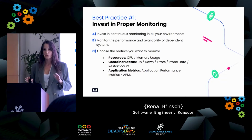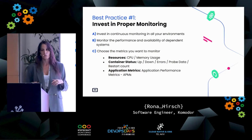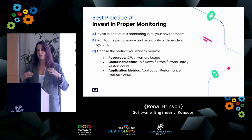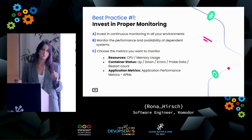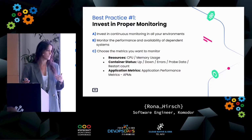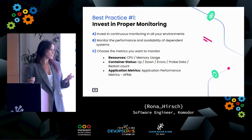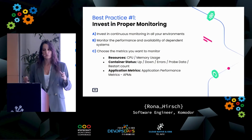Next, what's really important is to choose the right metrics for you. And what does that mean? What do I mean by right metrics? It means don't just monitor something because everyone else is monitoring it, or because it maybe sounds sexy to monitor latency, for example, but you don't really know what that means and you don't really know how it helps you. Monitor things based on your business logic and things that make sense to you and your product. That will